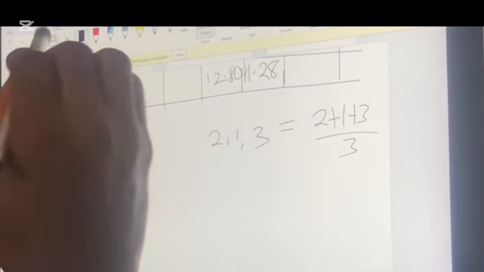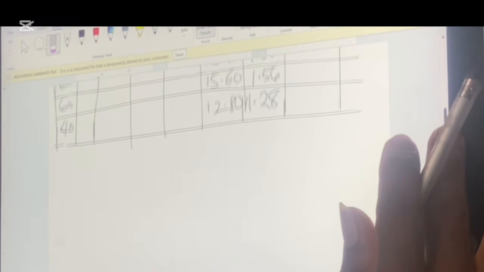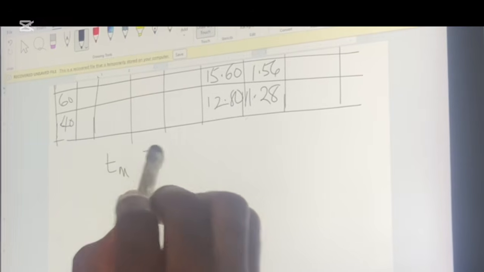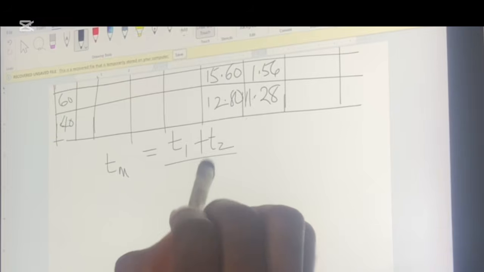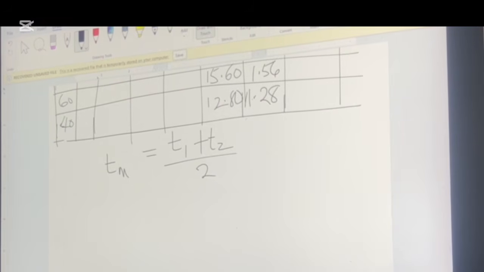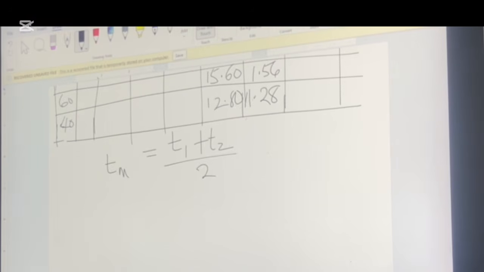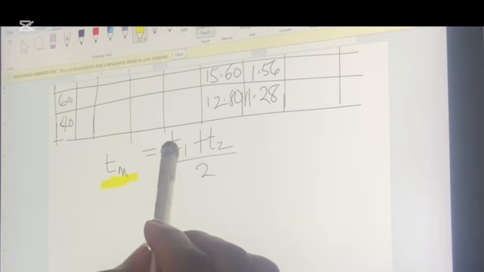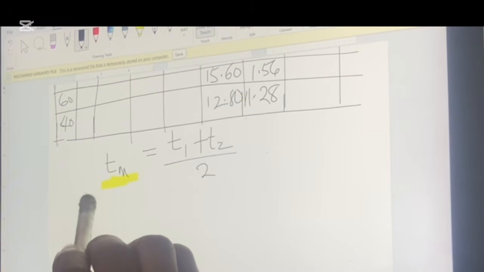Remember, so the same thing here. The mean of the two times, that is T1 and T2, is this. That is, T mean is equal to T1 plus T2 over 2. We are solving for the first two times before we solve for the next ones. This is already given to us here. Our intention is to find T1 and T2. So when you cross multiply here, that means our T1